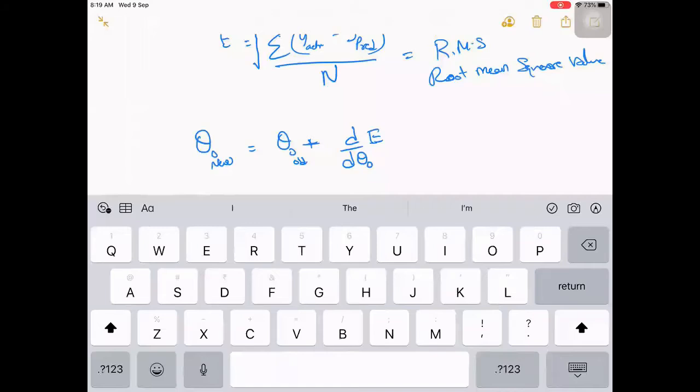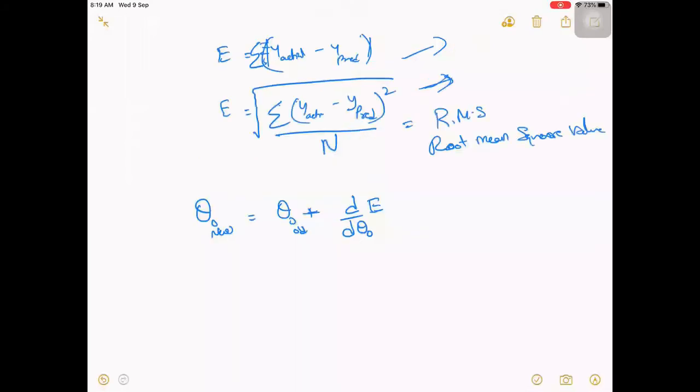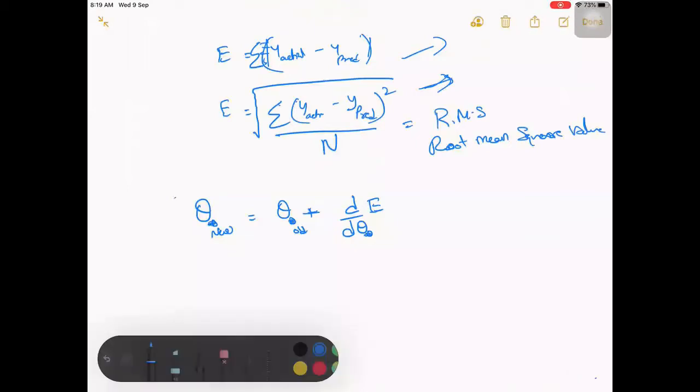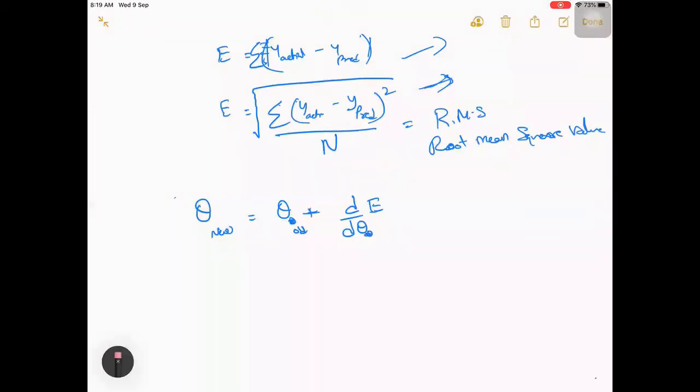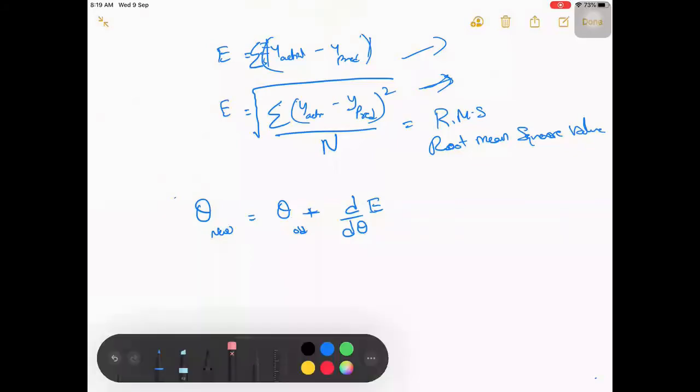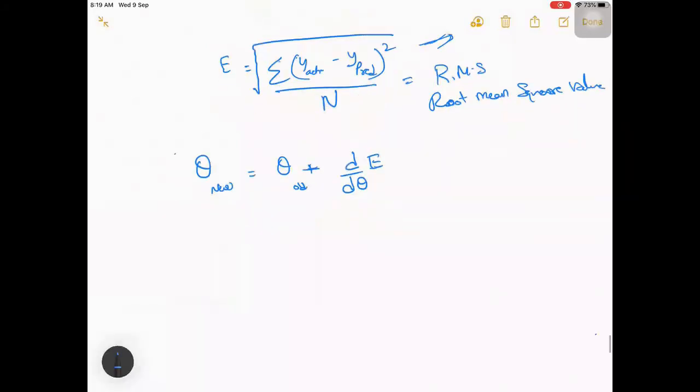So let's generalize this criteria. We'll go into theta later, but let me generalize it over here. Even if you go to complex algorithms, we'll be following the same thing.